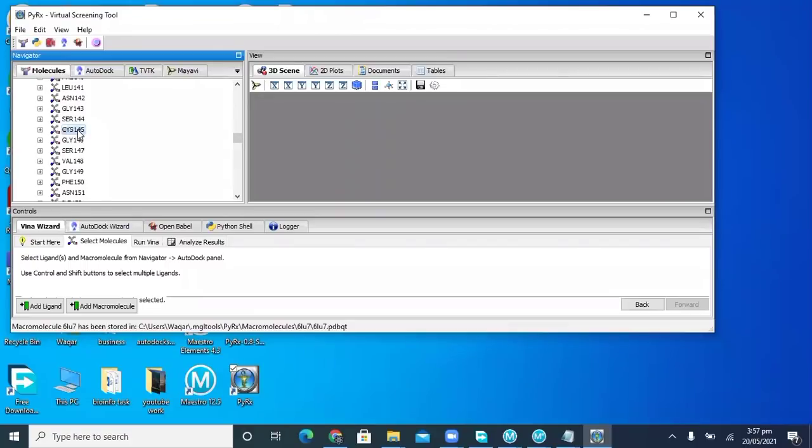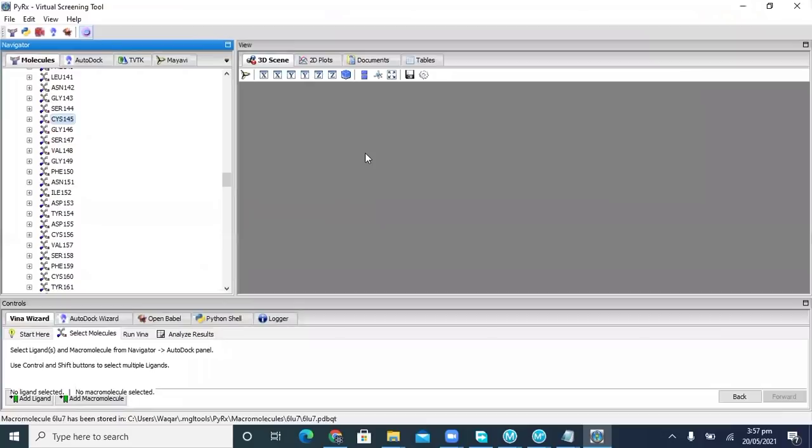These are the two active site residues, and we have selected these. So click on toggle selection spheres, and it will show the active site residues.